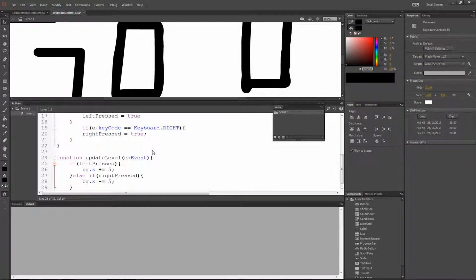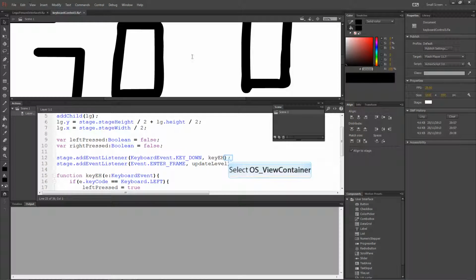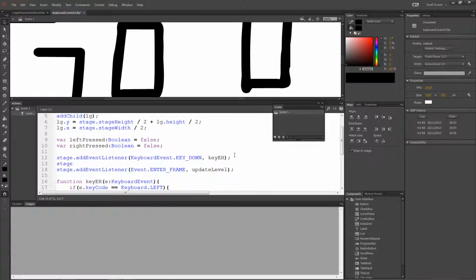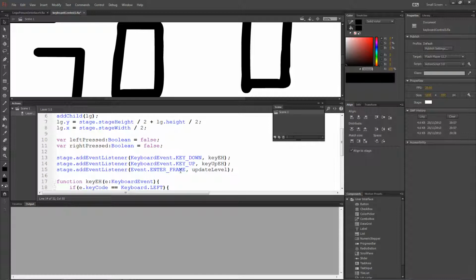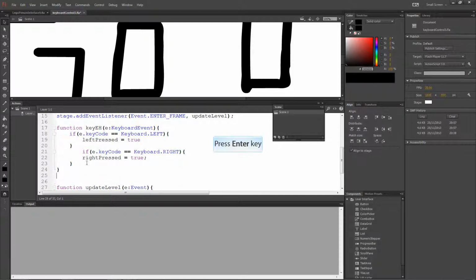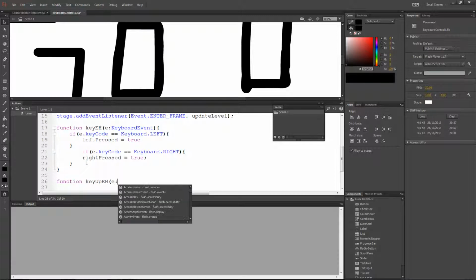Okay. Next thing we would need to do is to have a function to handle if the key has been lifted. So we'll just add an event listener to the stage again. And in this case it's going to be keyboard event keyUp, and this will be keyUp, and I'll declare that function in between the key function and the updateLevel, so that it's somewhere easy to find. And that listens for a keyboard event